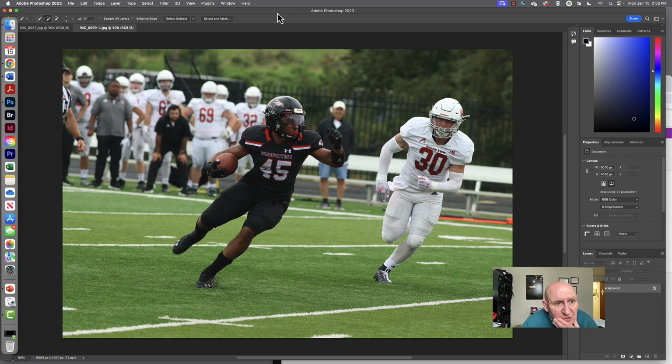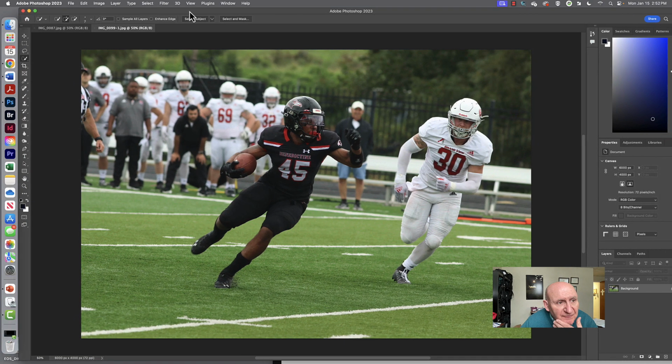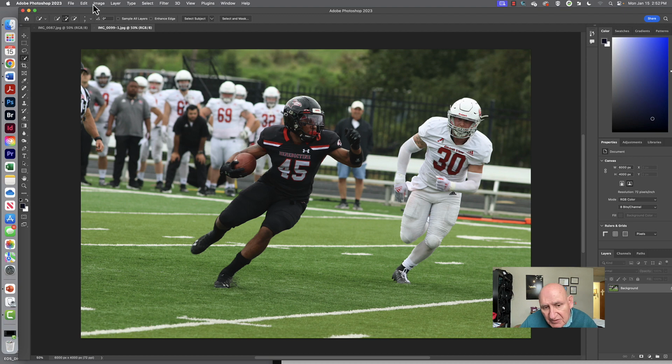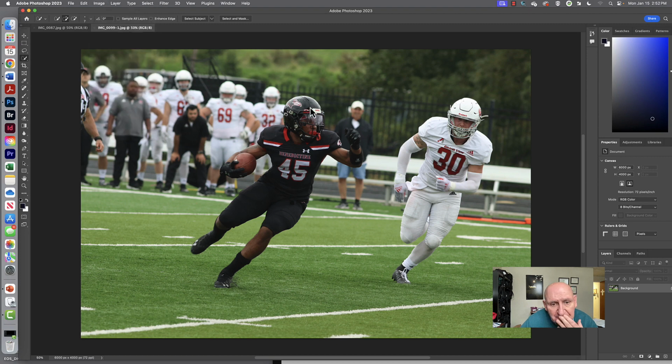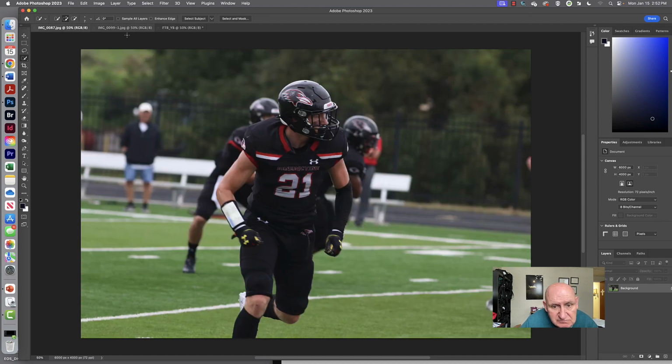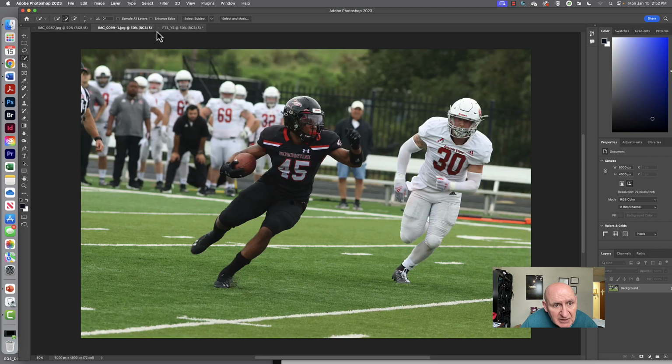But what we want to do, the first step, without even doing any manipulation in terms of lightening or darkening, is just go ahead and duplicate your image twice. The first image I'm going to call, and this is just for an example, FTB yearbook. Then I'm going to go back to my original image, here, this one, and go to